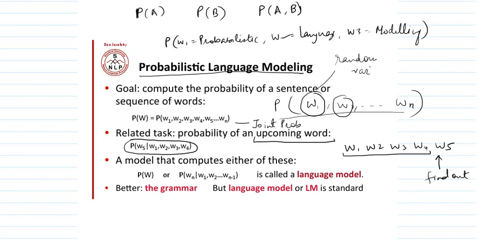So we can have this p of w n given w1 up to n minus 1, which can be called a language model. Some people initially represented the grammar with the help of probabilities, and you can call it a grammar, but language model is a more common, more standard term for these probabilities,